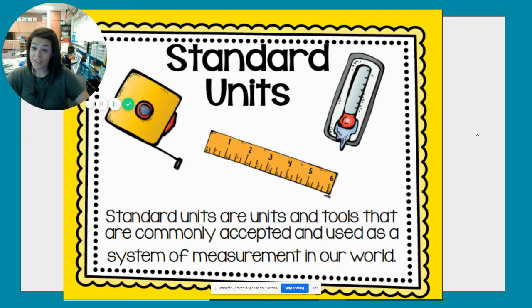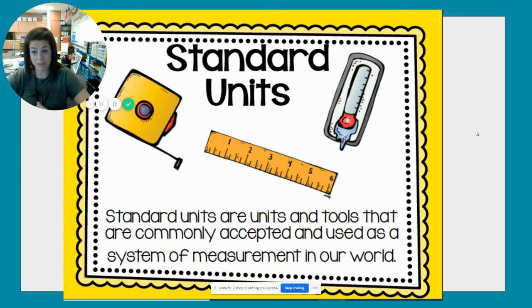So if you were to call Home Depot and say, hey, I need 22 snap cubes of rope, they're not going to have any idea what that means. But if you were to call Lowe's and say, hey, I need 22 yards of rope, they would know what that means. So standard units of measure are using the tools that are commonly accepted, tools that we all see,